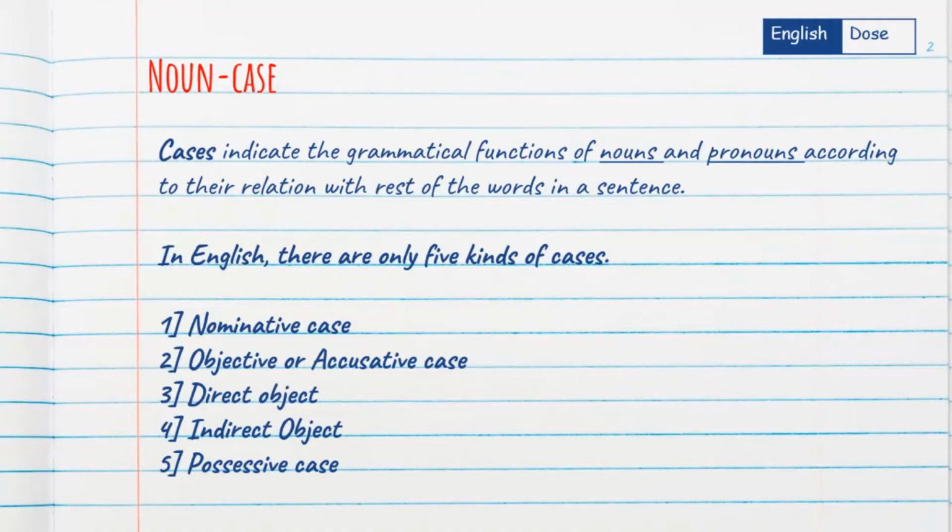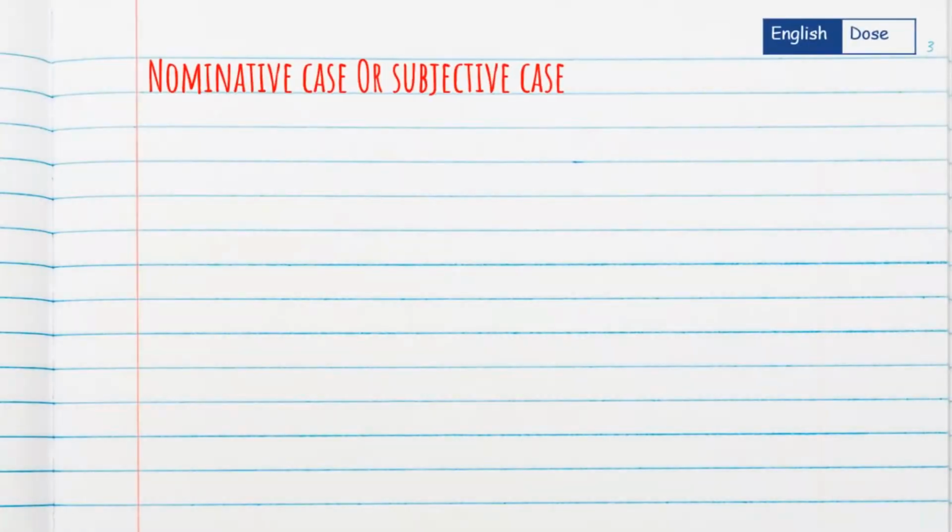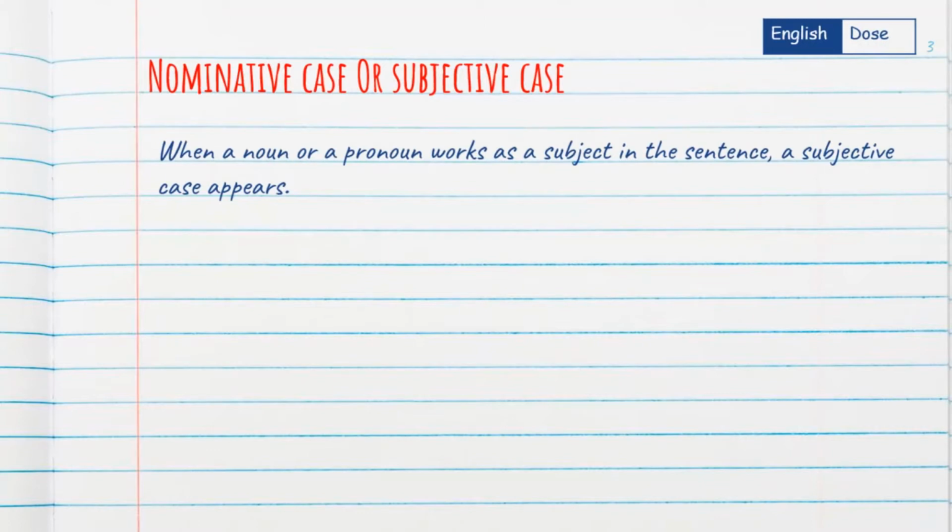Let's begin with the nominative case. Nominative case or the subjective case, they both are the same one. What is a nominative case or subjective case? When a noun or a pronoun works as a subject in the sentence, a subjective case appears. When a noun or a pronoun functions as a subject in the sentence, it is called the nominative case. Example: